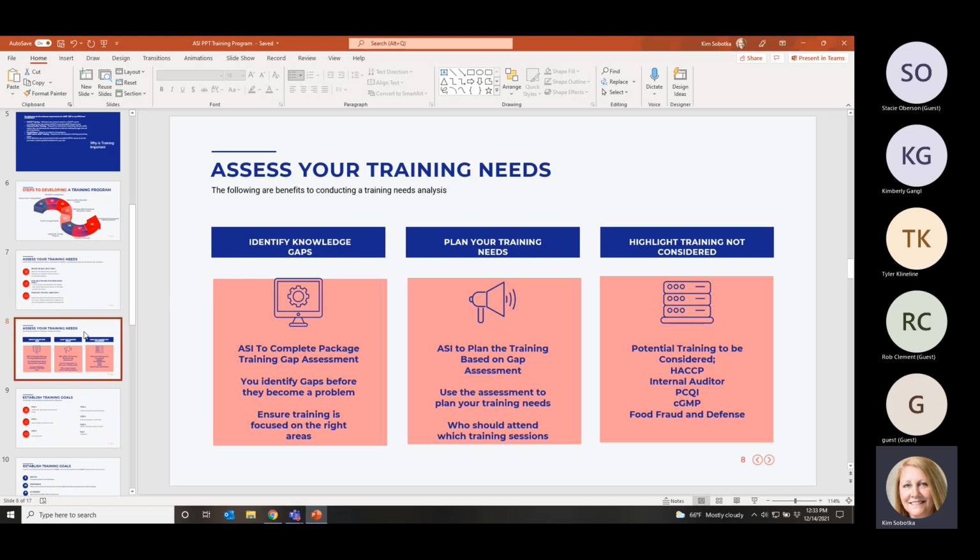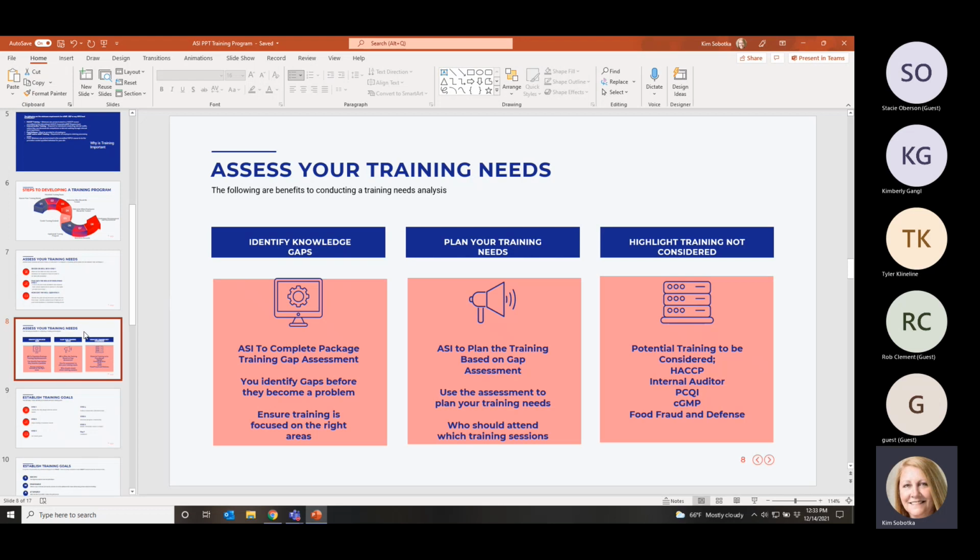I made a joke earlier about a basket weaving training. Obviously, none of you probably do basket weaving at your company, and that was just a little funny that I threw in there, but make sure that you're training them on the right things. That's an important thing. So knowing what those gaps are is important.